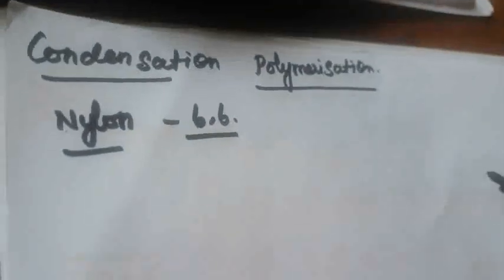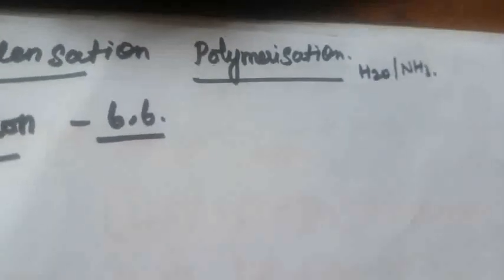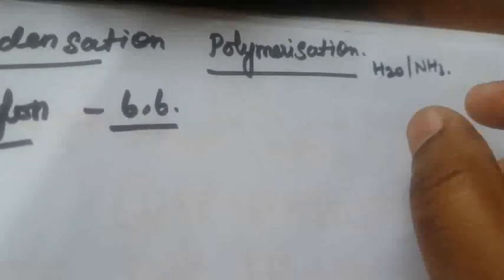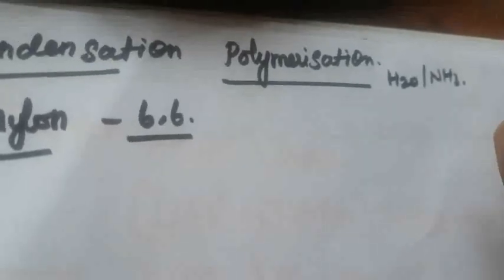Next we are going to see the preparation by condensation polymerization. So how to prepare nylon 6,6? That is what is meant by condensation polymerization. They are formed by the reaction between functional groups of adjacent monomers with the elimination of simple molecules like water or NH3. When two monomers combine, the water molecule or ammonia is eliminated and they become a single compound, a polymer chain. That is called polymerization.